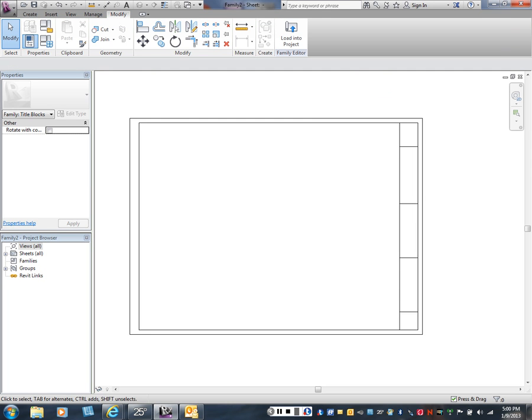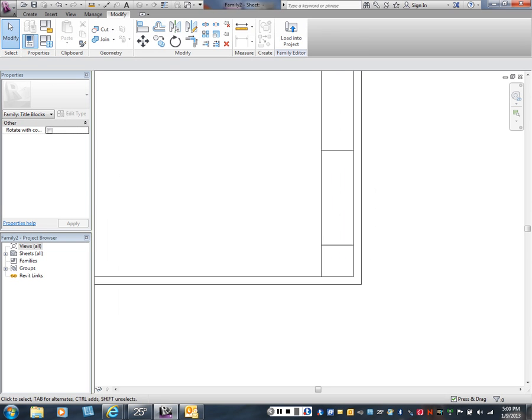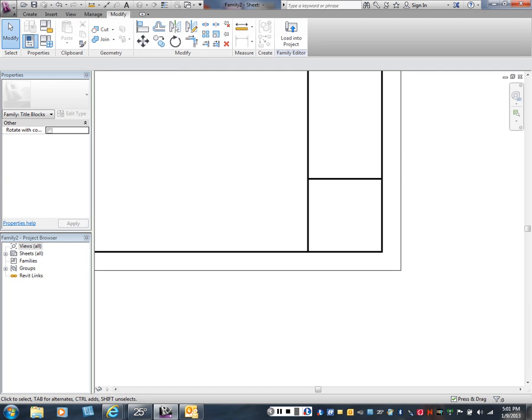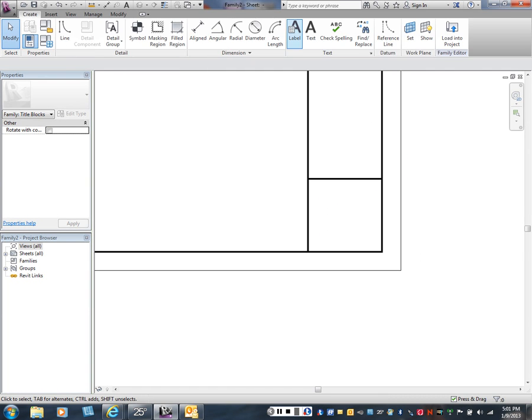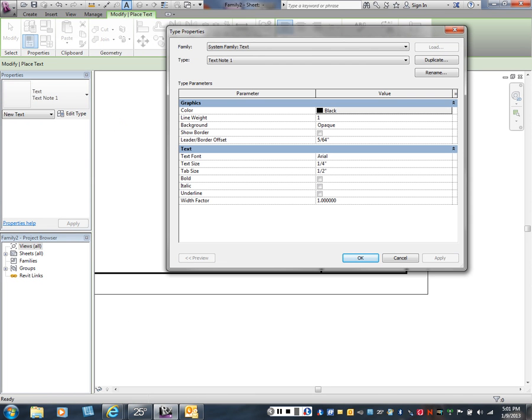Alright, so now I want to put some text into this box. First thing I'm going to put in is the sheet number area down here. So I'm going to go and create just some text, not labels but text, and it's going to default to Notes 1. If I go edit the type of Notes 1, you'll see that Notes 1 is a 1/4 inch text. Well, I don't want that, so I'm going to go to Text Notes